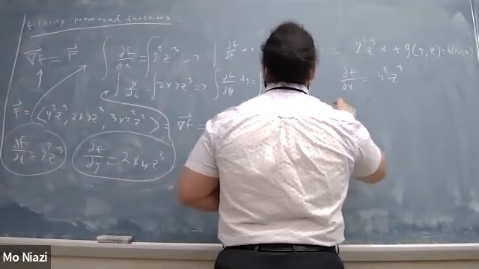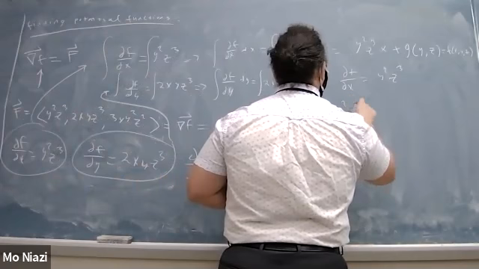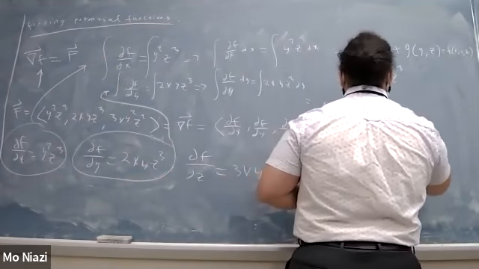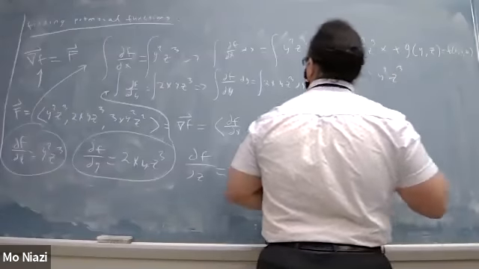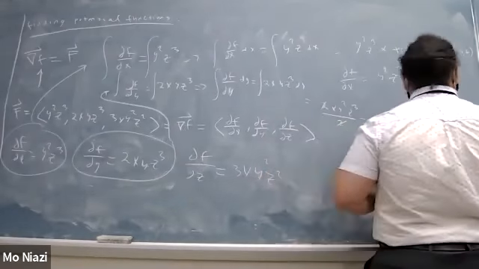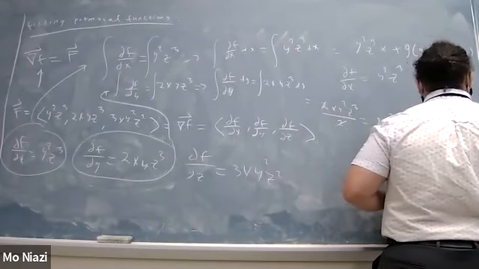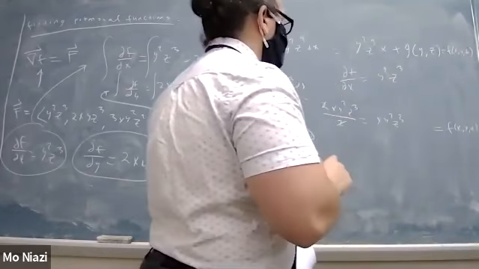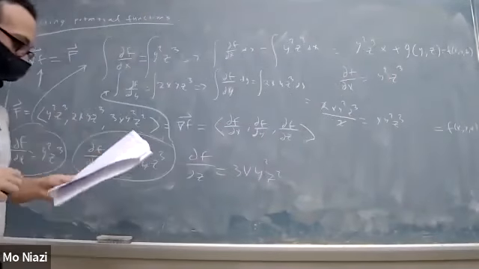This should equal 2xy squared z cubed over 2. Cancel, cancel. It should equal xy squared z cubed. But don't forget, this equals to our f of x, y, z. And again, it should have